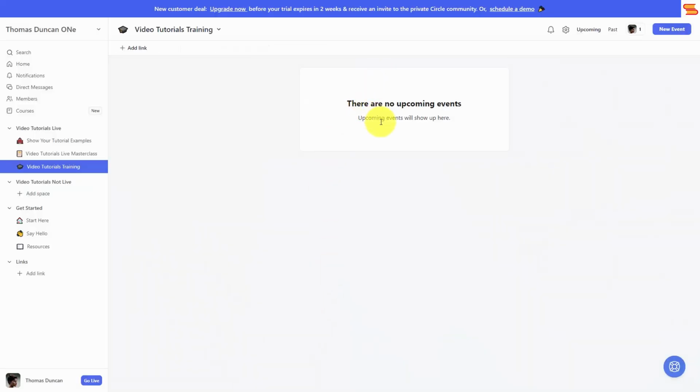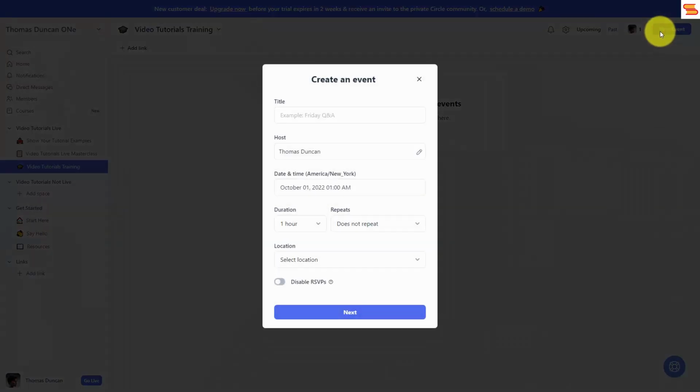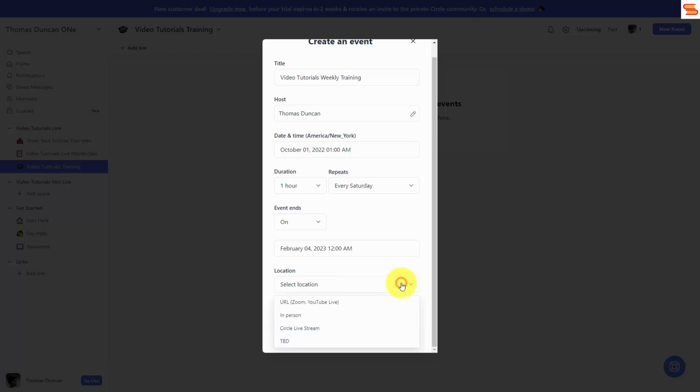You can create a new event within the space. To do that, you're going to click New Event. You will then give your event a title. You will indicate the host. You will set the time, and you'll make it so that if this is going to be a repeating event, you can indicate that. You can set the location,